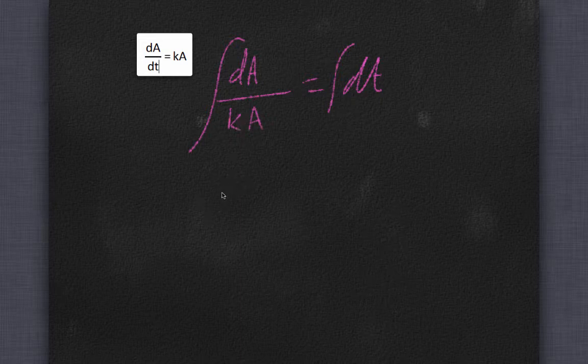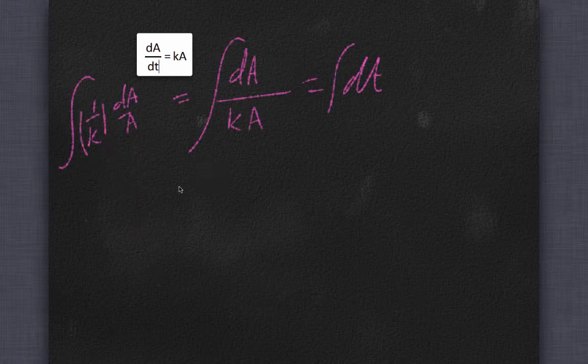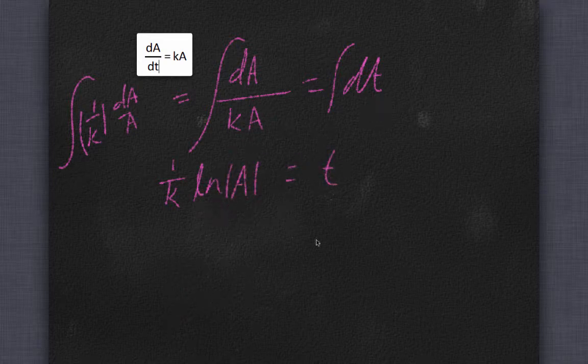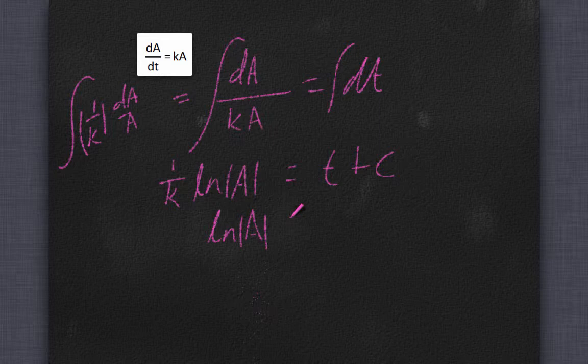So this is 1 over k times dA over A. Okay, so that could actually come out. So this is 1 over k times natural log A equals t, plus a constant. So natural log A equals kt plus c, because this part, again, multiplied by k, you still get all the stuff back. So then e to this